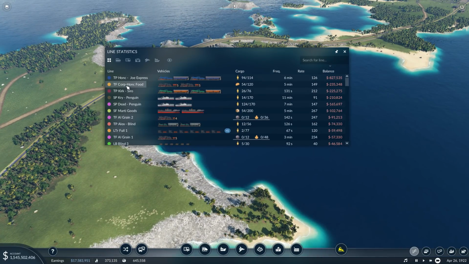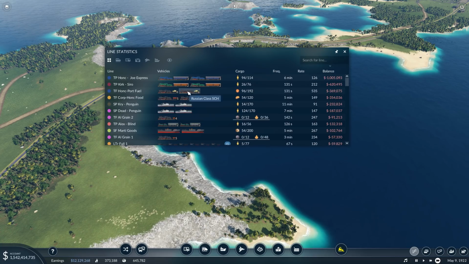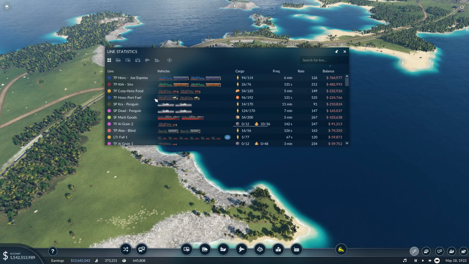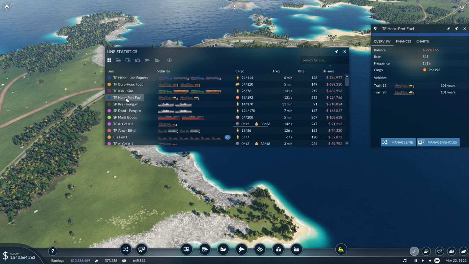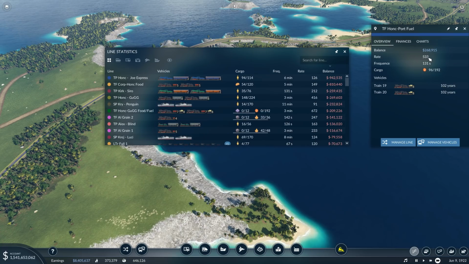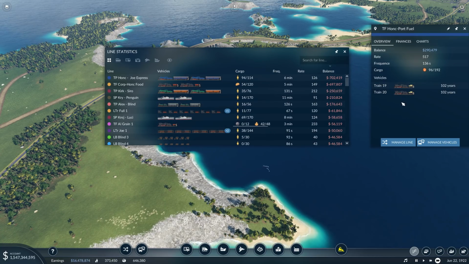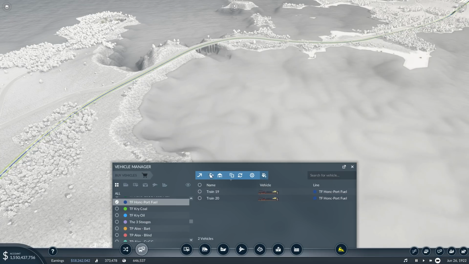We've got Corpse Hatch Honkelbrief Food, which is not doing very well. Not too worried about that at the moment. Honkelbrief Port Fuel. Now, that should be making money. But it's only carrying about half of what it should be carrying. The rate, we actually need to be shipping 400, and we've got enough capacity for 500. So we could replace those trains and make it a bit more efficient. So let's do that. So what do I want? I want to